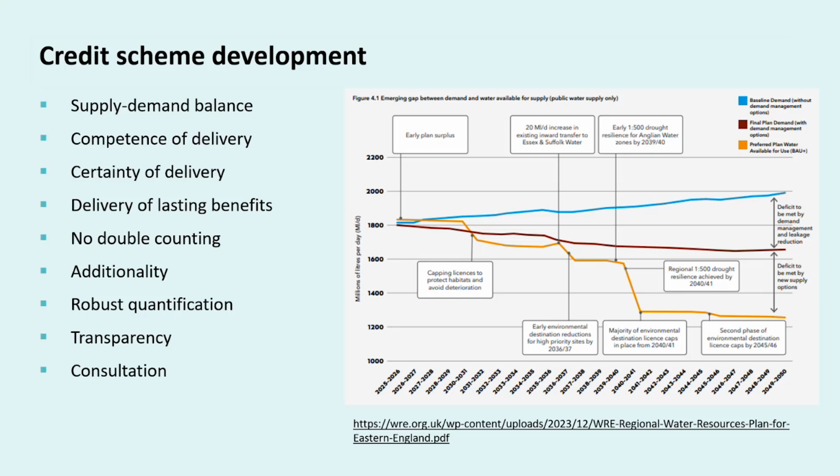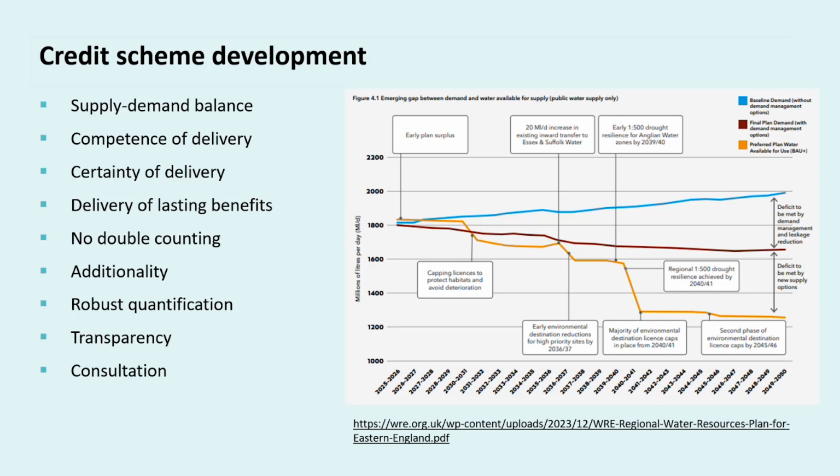So the task of addressing water scarcity or water neutrality challenges can be daunting given the complexity of the situation. And there are many factors to consider. Firstly, you need a detailed understanding of the supply-demand balance, both spatially and temporally. Understanding the supply constraints and the definition of future increases in water demand based on housing needs will enable quantification of the size of the gap that has to be addressed.